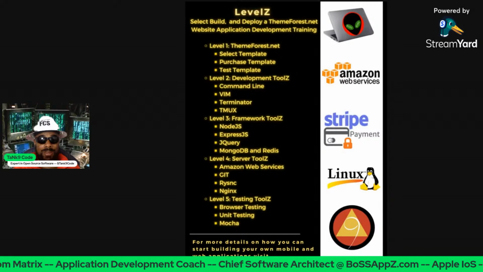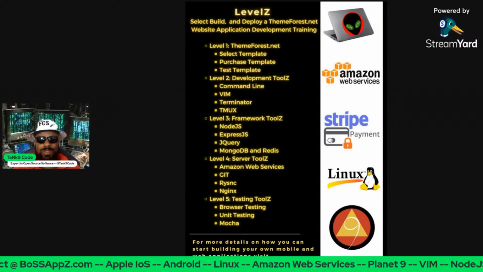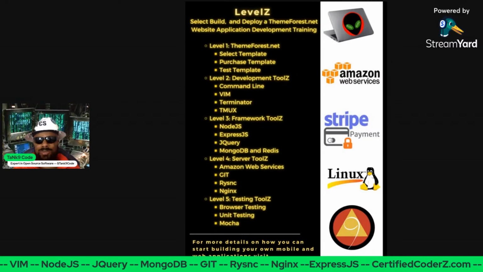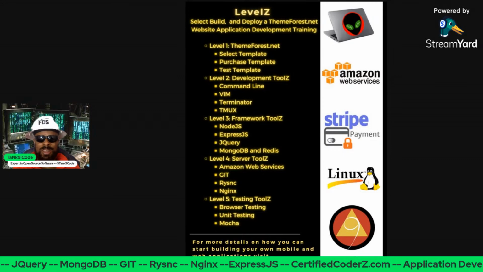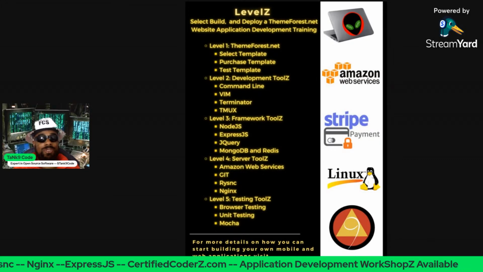And that's top dollar. And you look here, there are 5 separate levels that pertain to the workshop. Level 1 is ThemeForest.net. We're going to go over ThemeForest.net. We'll show you how it operates, how it works, how it breaks down. We'll show you how to look at good templates, what to look for, what not to look for, how to use the price range, how to select, how to go through it, how to become a master of ThemeForest.net. That's the first level.